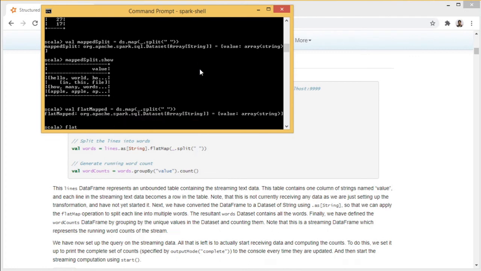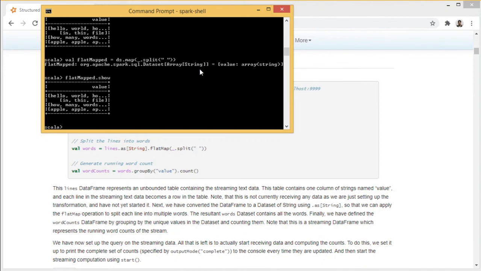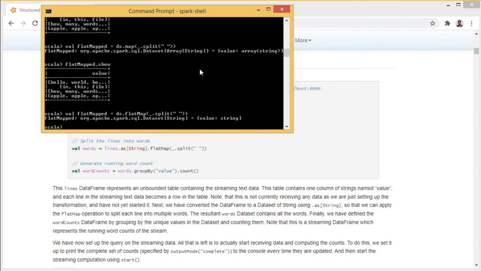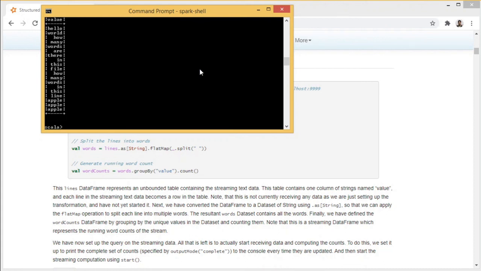Okay, I forgot to do flat map. Change the name. Yes, this is one big list that we have.